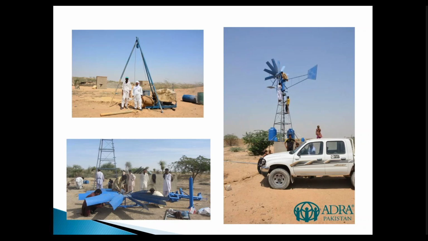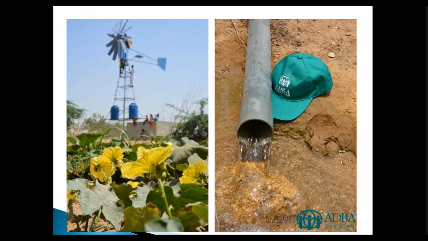And you can see here two water tanks. And then there is a big water tank here. These two water tanks have a purpose. The first step is to fill with pure water. The community can use this 500 liters tank each with clean water for cooking and drinking. The overflow of this will come to the big tank to be used later on for farming, for watering animals, whatever other use the community wants. Those are the uses of the windmills.